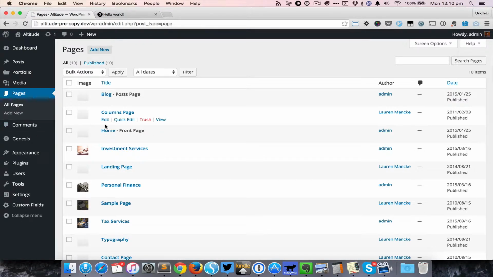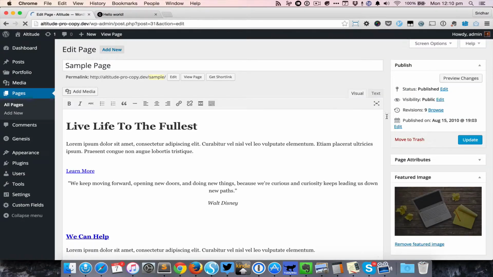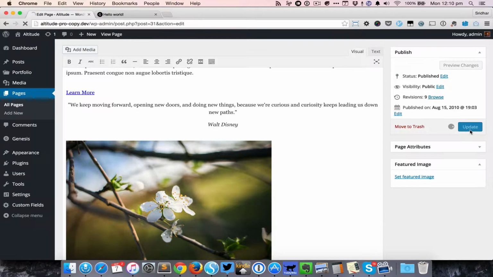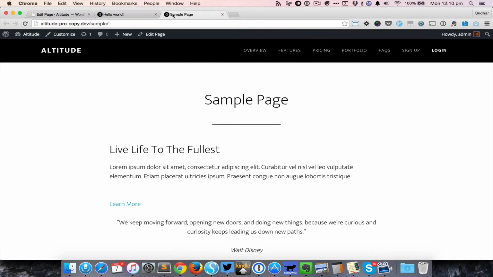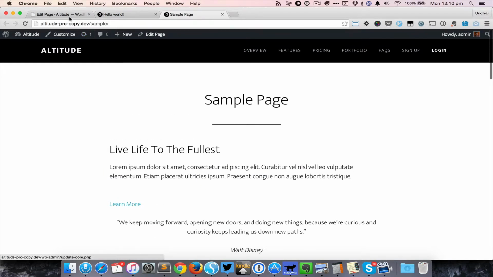When you go to a page, let's go to sample page. Alright, so I'm gonna first remove the featured image, update, and take a look at this page, and it just appears normally like any other page.